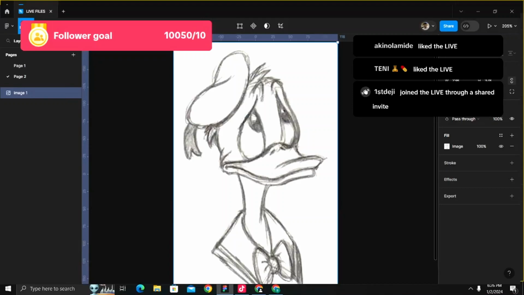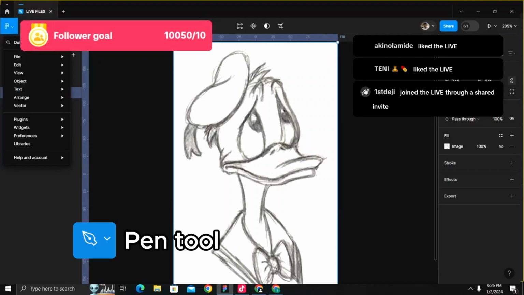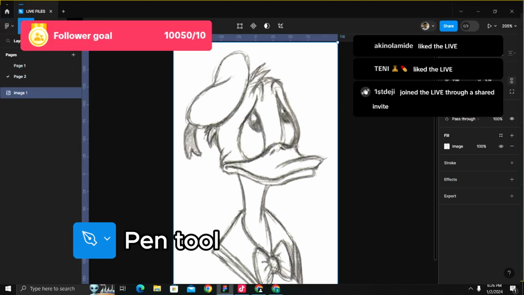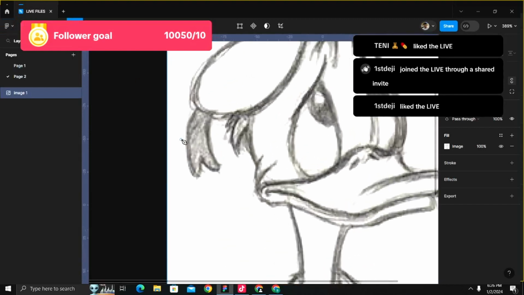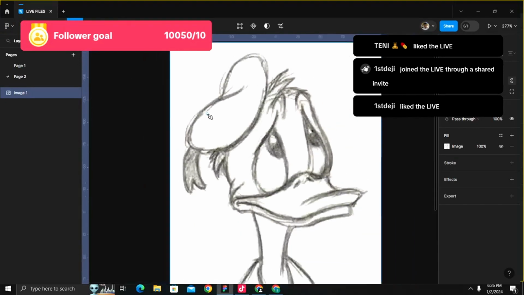First thing I'm going to do is to select the pen tool. Yeah, this is the pen tool. Right. Just get my hand around it. So I'll start with the beret. So the first thing that I mostly do with the pen tool is that